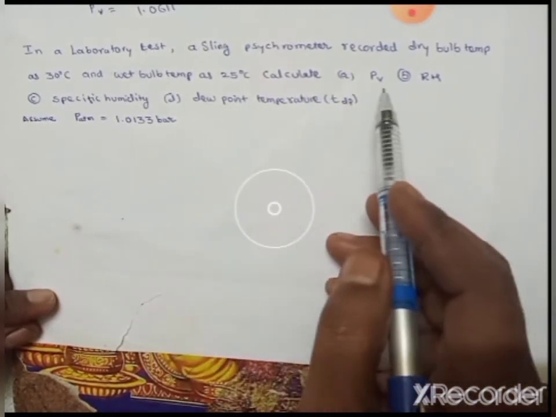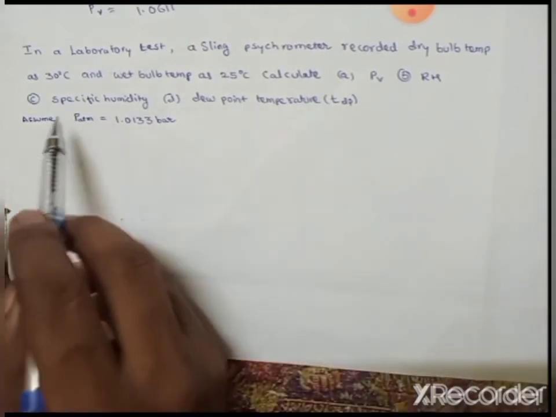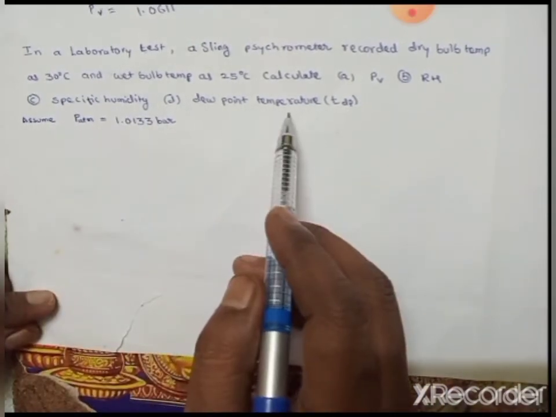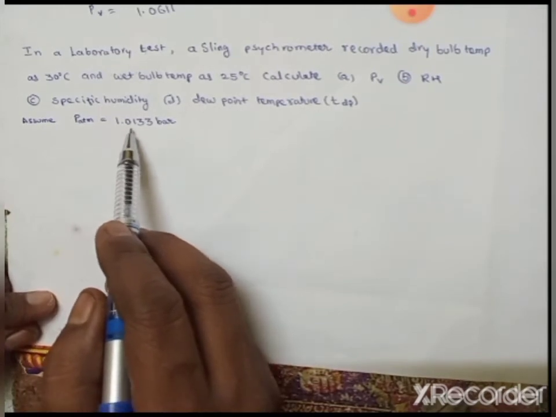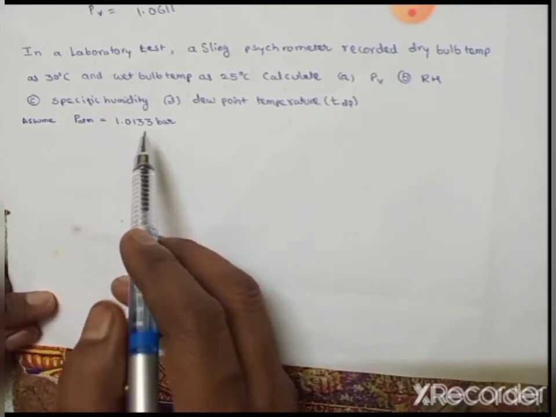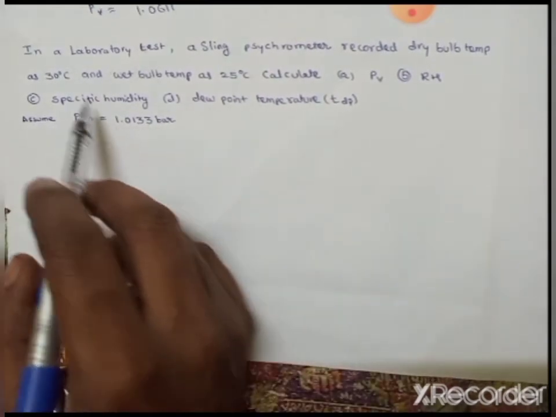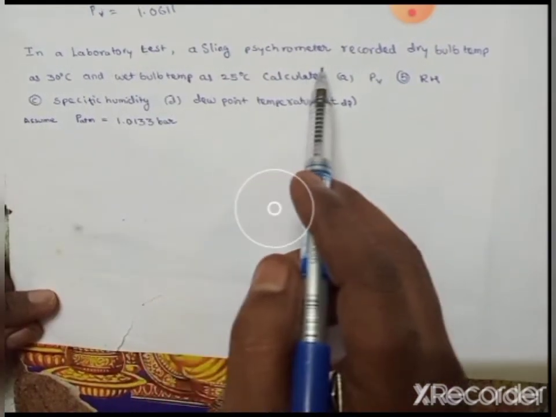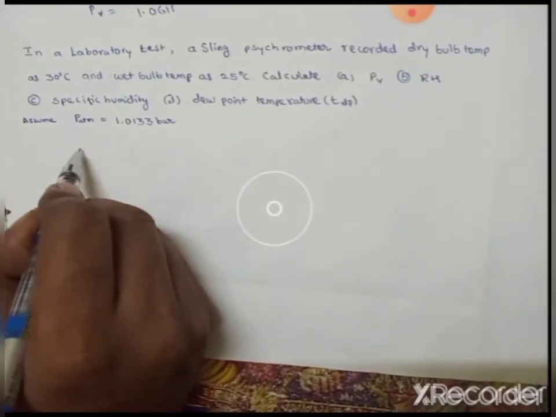Calculate the partial pressure of water vapor, relative humidity, specific humidity, and dew point temperature. Assume the atmospheric pressure is 1.0133 bar. Once again, in a laboratory test, a sling psychrometer recorded the dry bulb temperature. So, the given data: